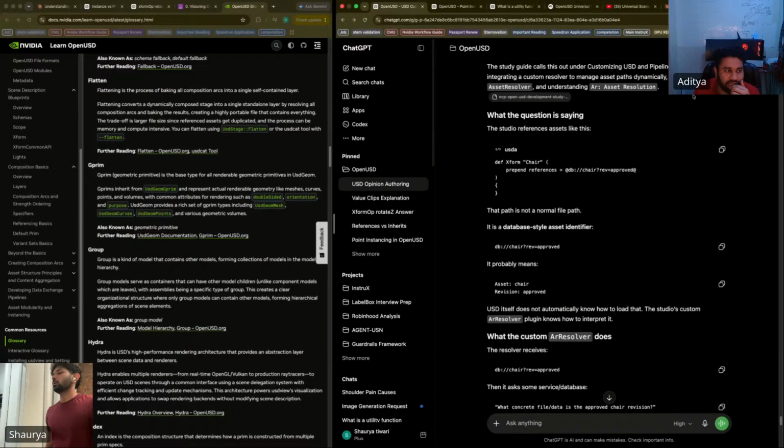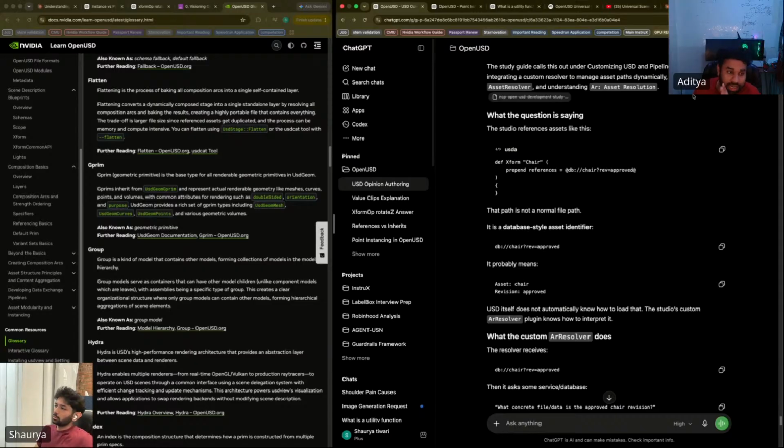In the question, we have two laptops. On one laptop you have the AR resolver plugin installed, and you're trying to reference a database. That plugin resolves the database reference to whatever file path exists in the system. But on the other person's laptop, you do not have that plugin installed.